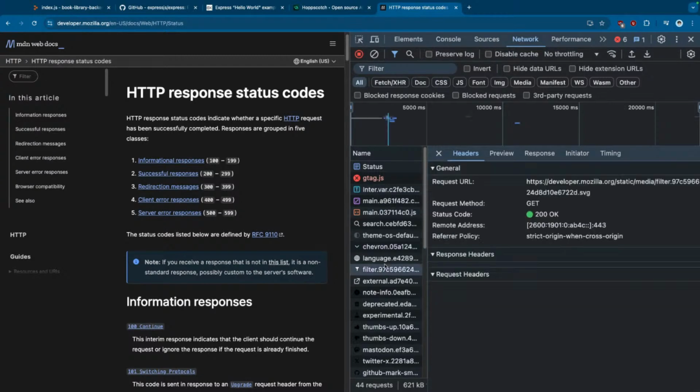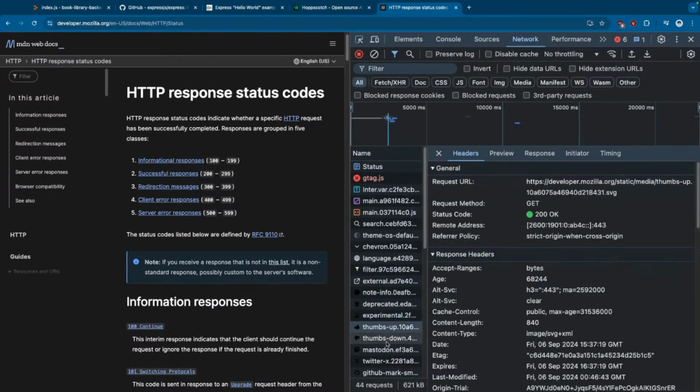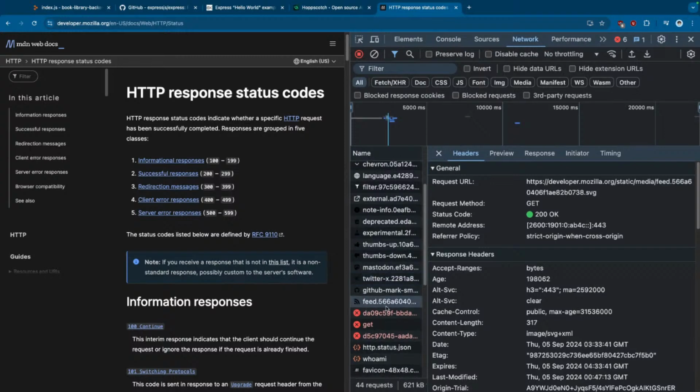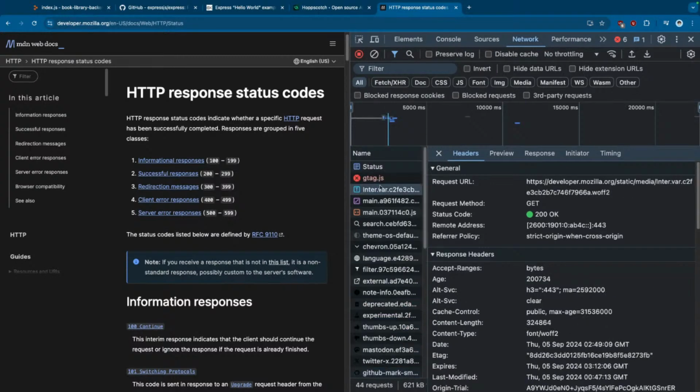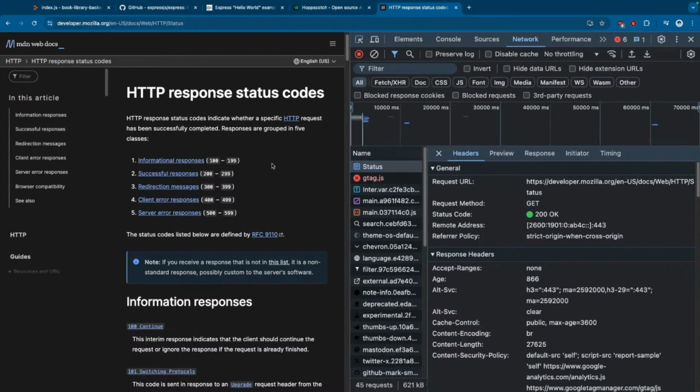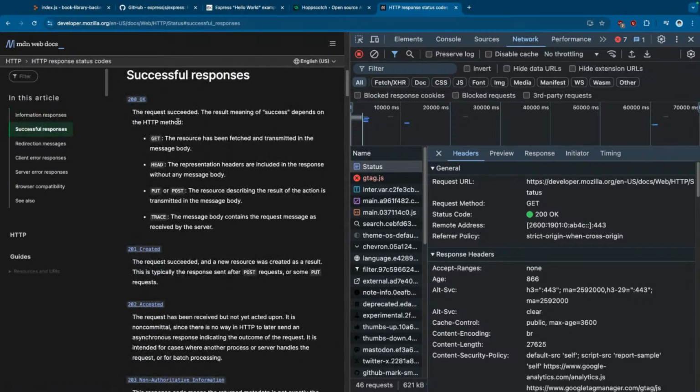Apparently not. Most of the requests were successful, and anything that wasn't was actually a blocked request. But for any successful response, you use the status codes between 200 to 299, depending on what it is. So like 200 OK when the request has succeeded, 201 created when the request has succeeded and a